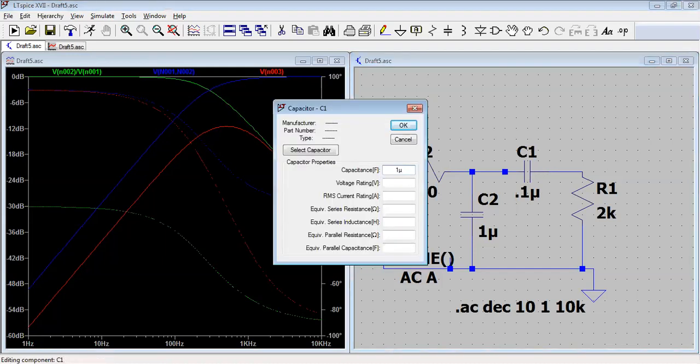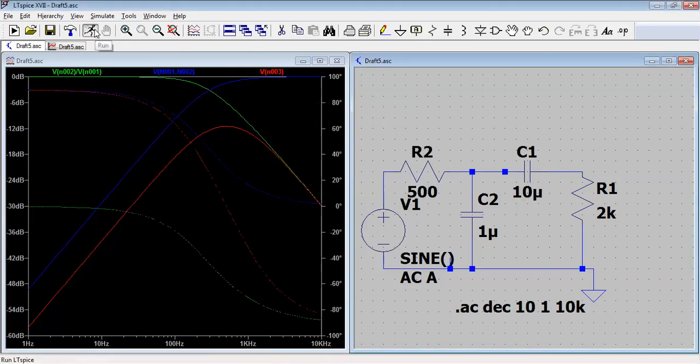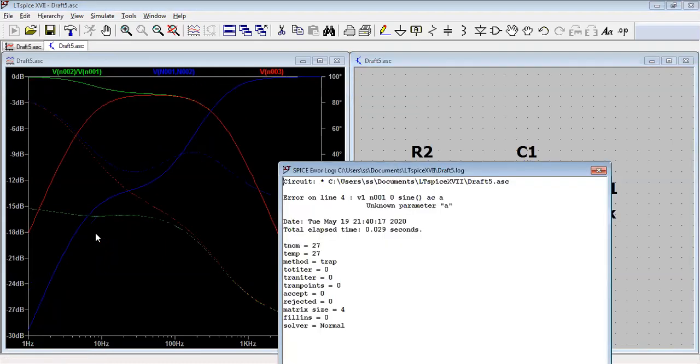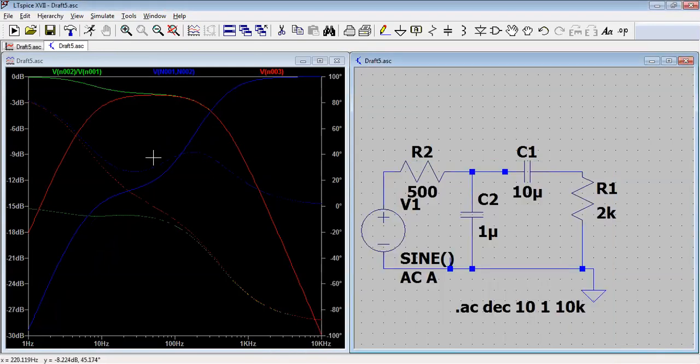In place of 0.1, let me go for 10 microfarad, and then see how it will look. So now you can see you got a better band pass filter. Here the high pass is not able to follow, but the low pass is exactly following how it should follow.